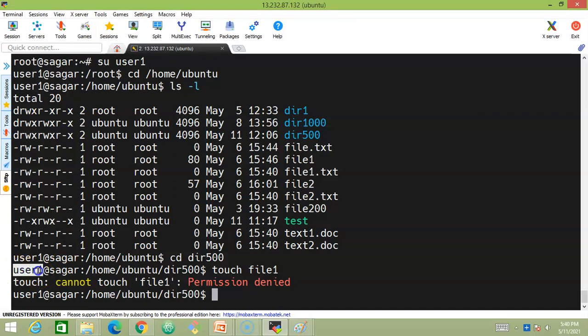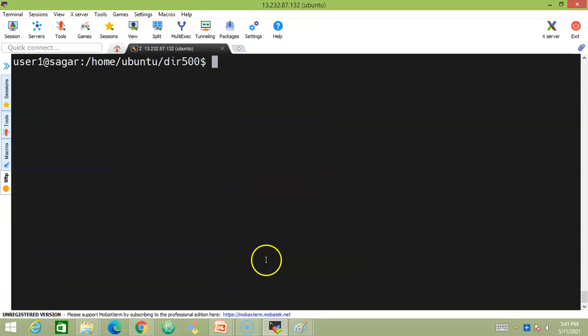My requirement is that I want this user1 also to write some files, to create some file1 inside this directory. So what can I do? If you observe carefully, here the group has got all permissions, which are nothing but read, write and execute permissions. So what I'll try to do is add this user to this group. I'll try to add this user to the Ubuntu group now. Observe this carefully. So how can I add? If you remember the Linux group administration, you will definitely be able to do it.